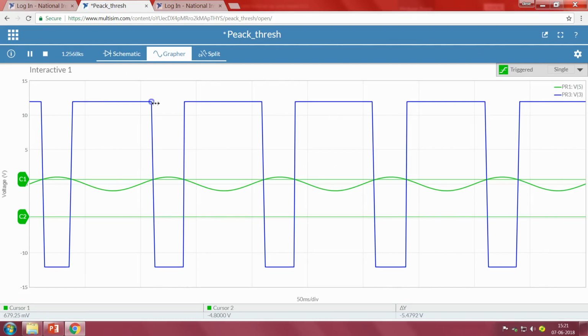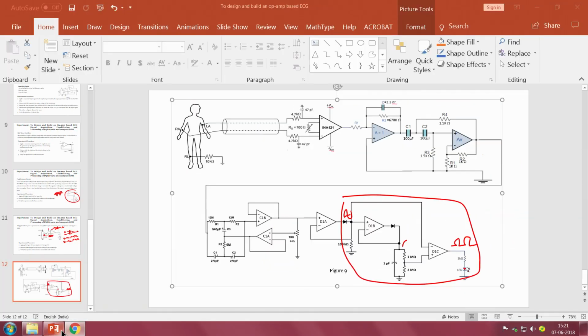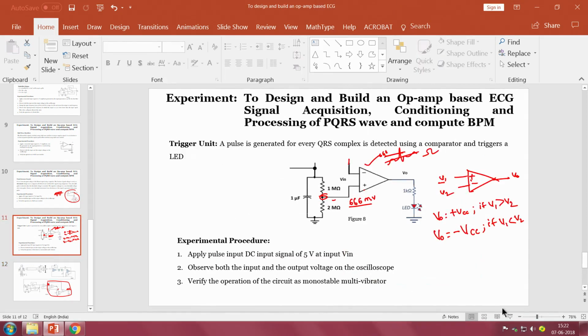The reason why, because we have used the positive input. Here if you observe, the negative terminal is connected to the input, whereas the positive terminal is connected to the threshold. Now when we recall our comparator working, one thing we are sure of is that the output will be higher only when the input signal is greater than this particular value. That is what we have seen in the calculation.